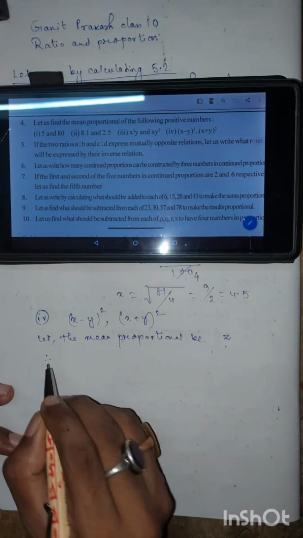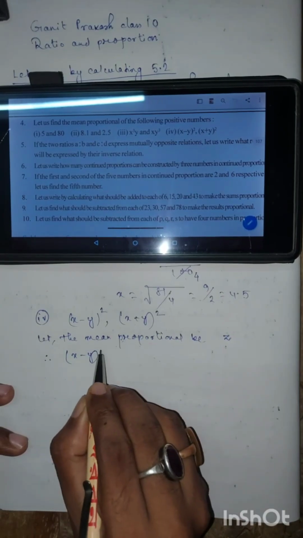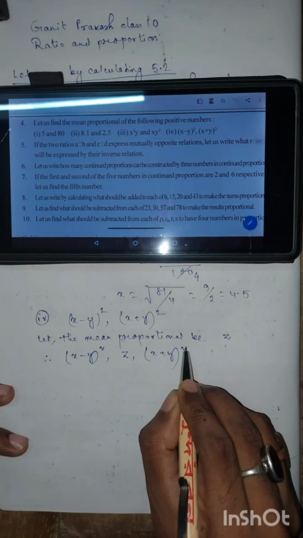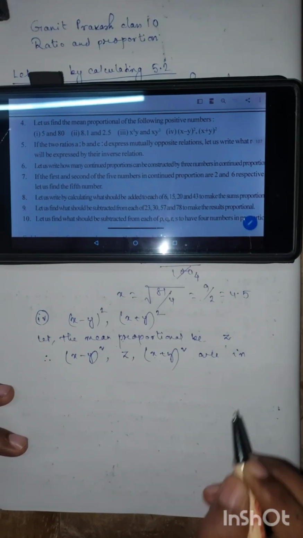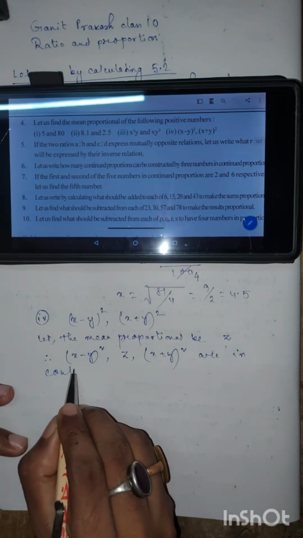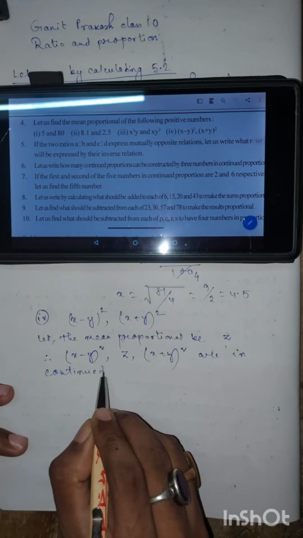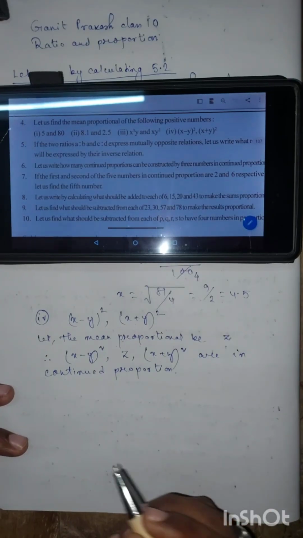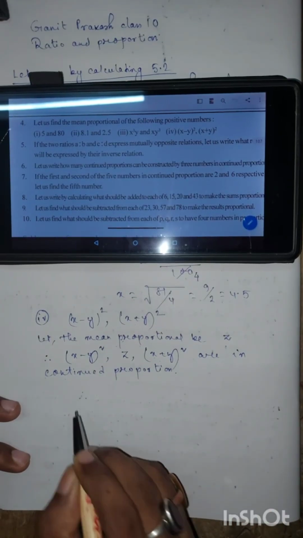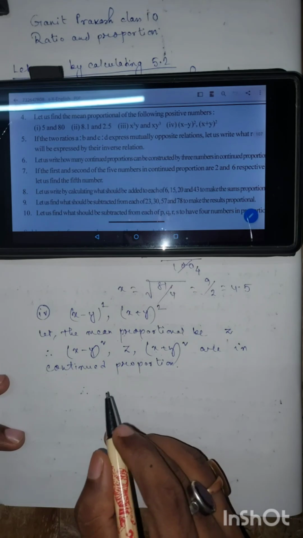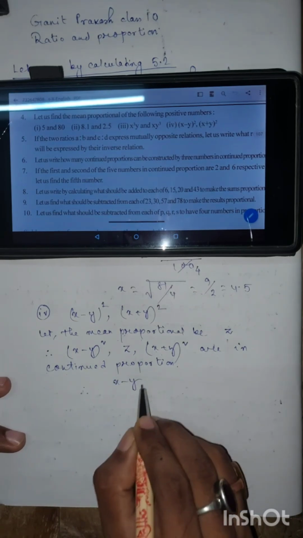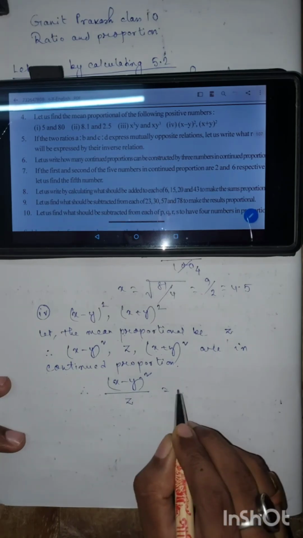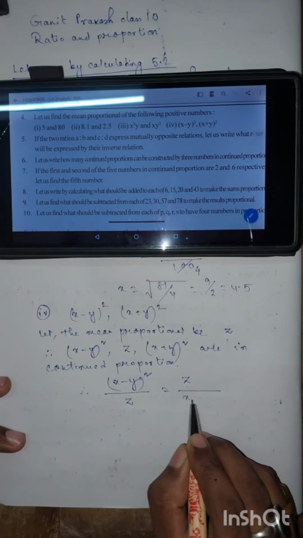Okay, therefore x minus y square, comma z, comma x plus y square are in continued proportion. Therefore we can write x minus y square by z is equal to z by x plus y square,